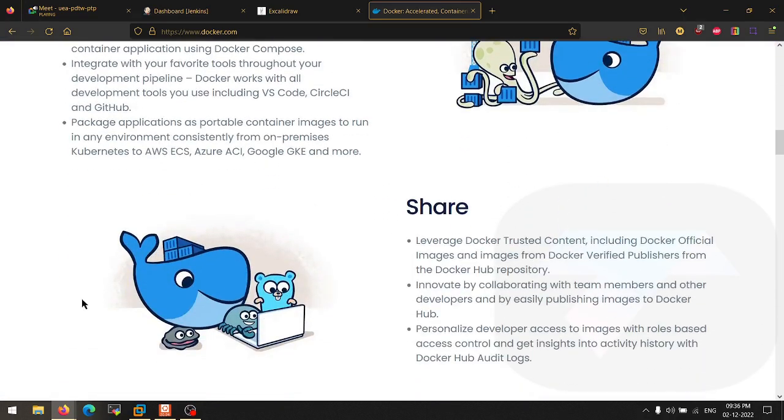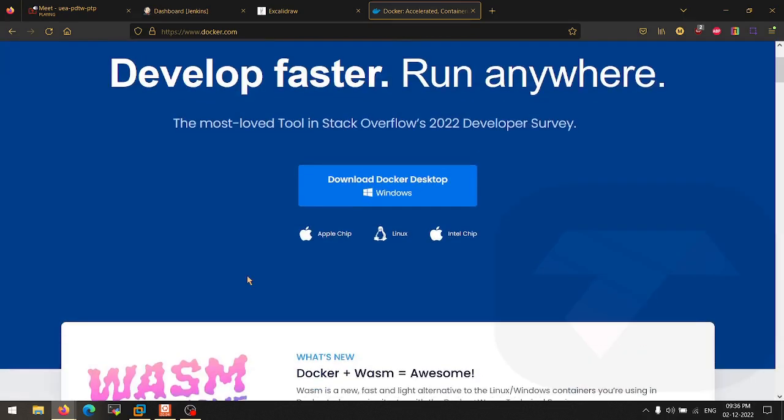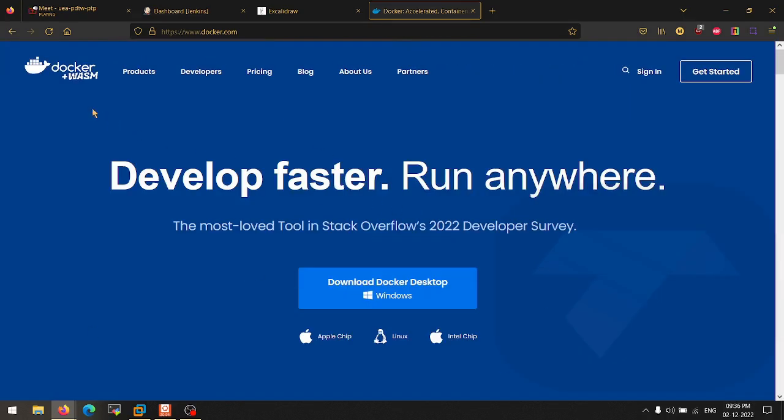This is the image of that particular Docker. And you guys can go through this website. You will see lots of stuff there. Also, the blogs are there. And if you want to learn